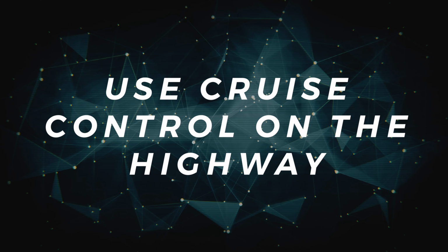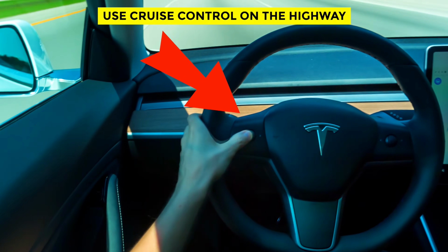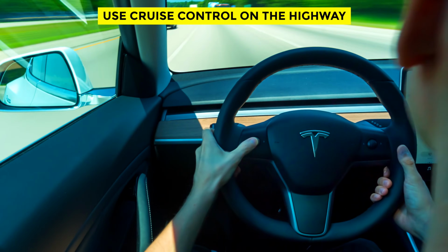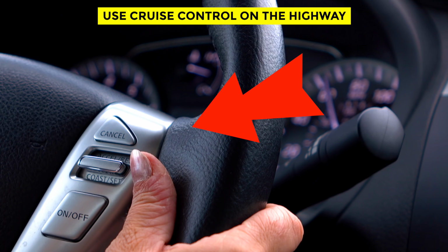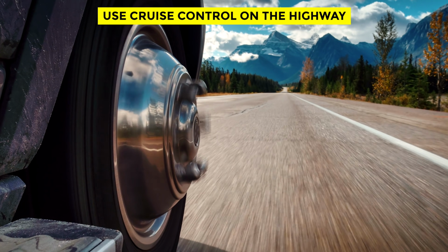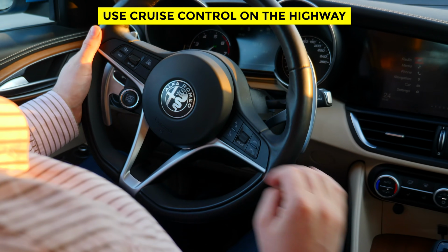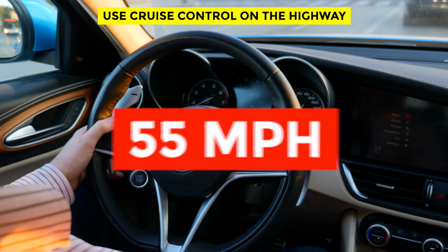Use cruise control on the highway. A driver who uses cruise control in his car whenever he's driving on the highway is actually saving fuel. Using the cruise control saves you fuel for precisely the reason that you think. It makes you maintain your speed at a steady and constant rate. A driver who's driving at a steady speed uses less fuel than when speeding. For example, most cars use about 20% less fuel if you drive at about 55 miles per hour compared to